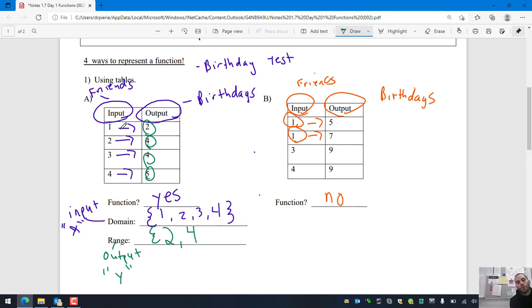And remember that final rule. Whenever I'm writing the domain and the range, I can't repeat the number. So even though I see the number 4 written twice, I'm not going to write it a second time. I just go to my next number, which is number 5. And this is my entire range, 2, 4, and 5. Once again, domain is x, range is y. Domain is input, range is output. If it is not a function, don't worry about listing the domain and range. That's why the blanks are not there for